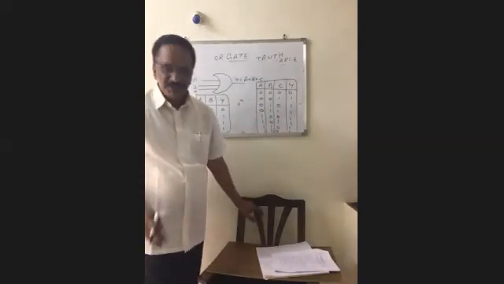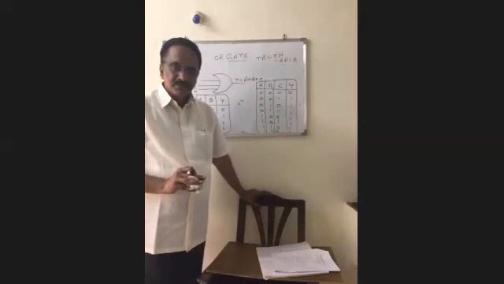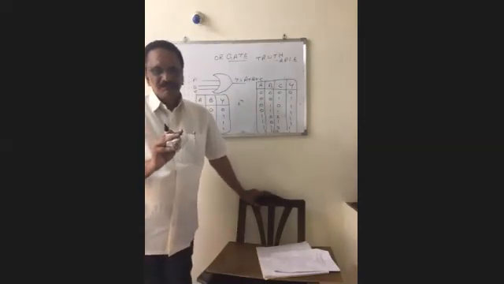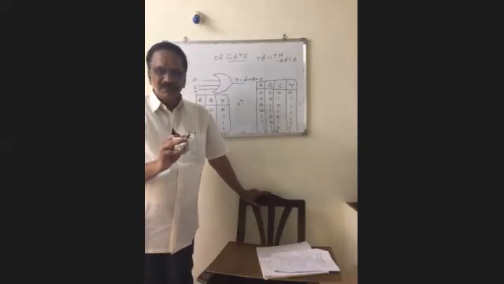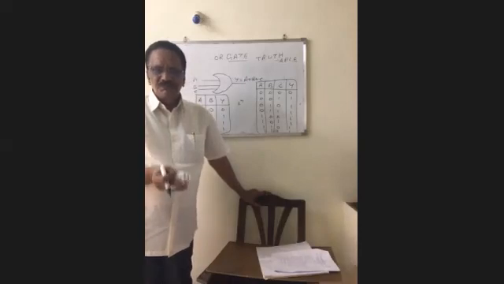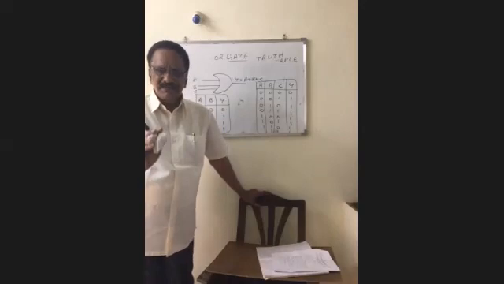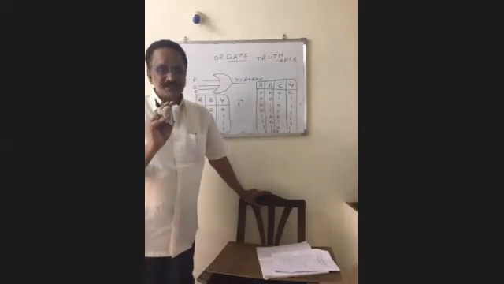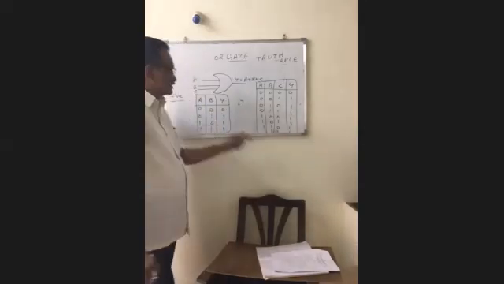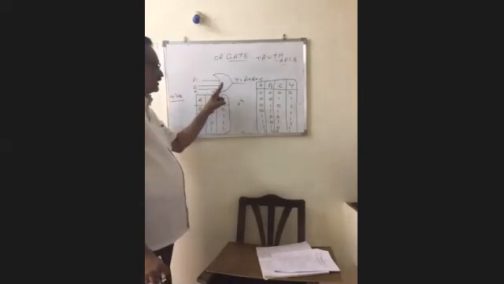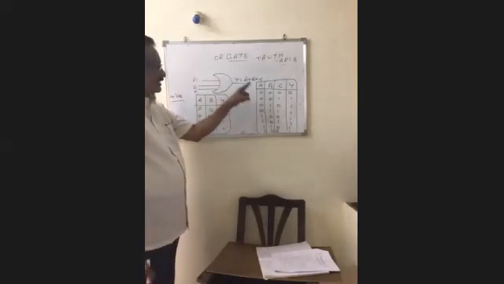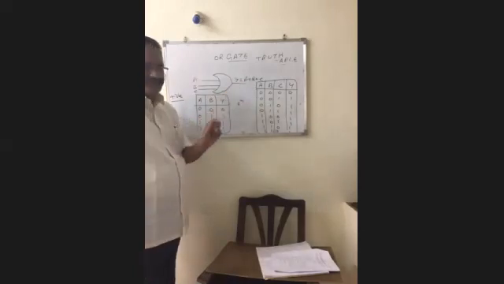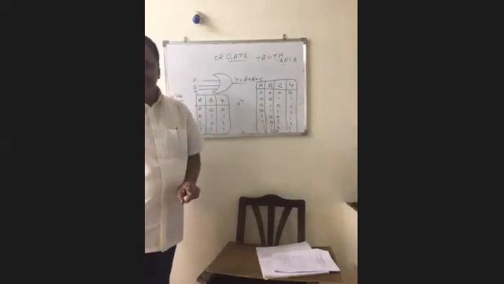So what is the function of an OR gate? It produces high output when any one input or more than one input is high. Or in other words, it produces a low output when all the inputs are low. That is the function of an OR gate. So memorize that function. This is the logic symbol, this is the truth table, and this is the output expression for a 3-input OR gate.